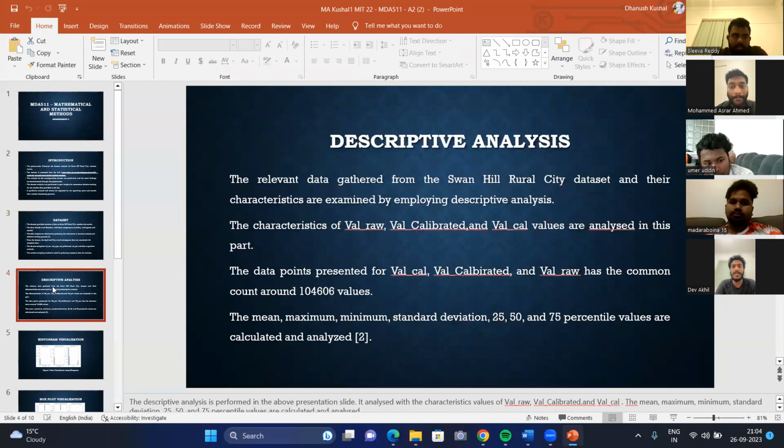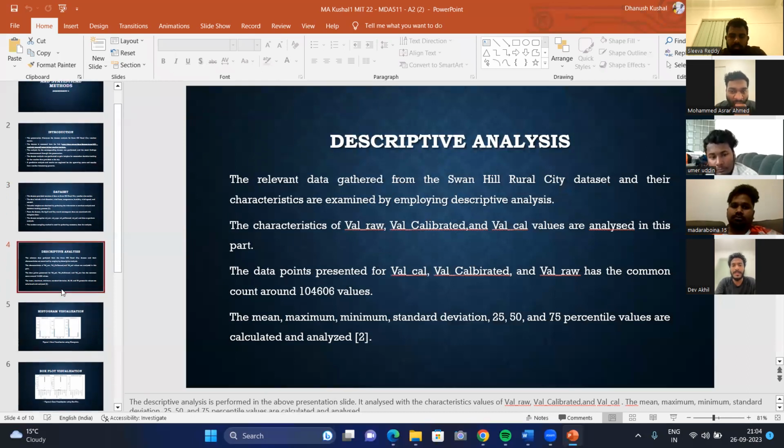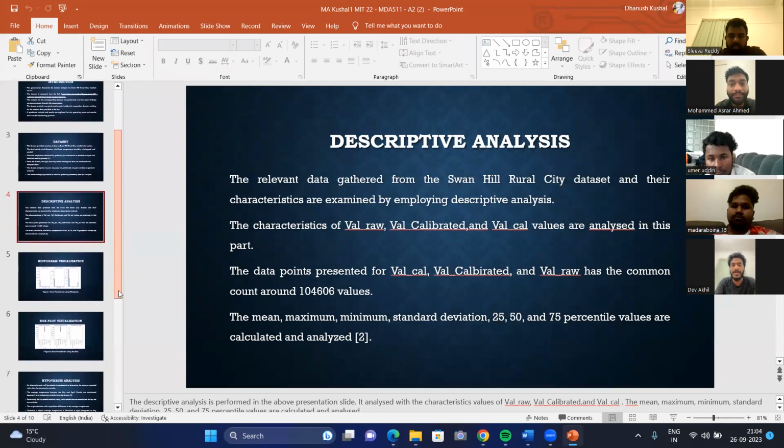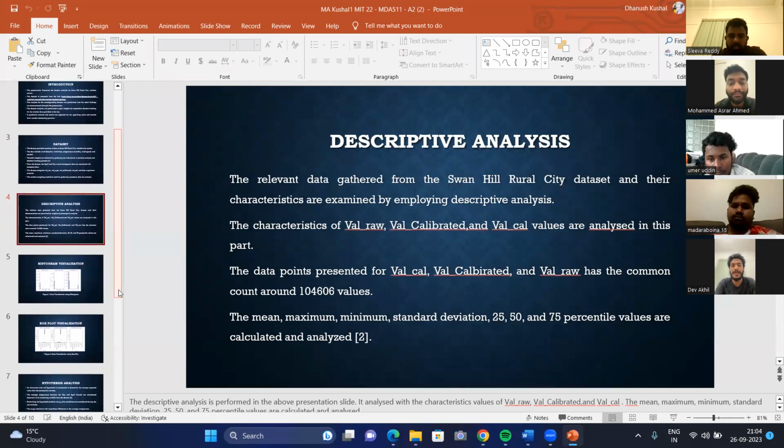Coming to the descriptive analysis, the relevant data gathered from the Swan Hill Rural City dataset and their characteristics are examined by employing descriptive analysis. The characteristics of value raw, value calibrated, and value calculated are analyzed in this part.